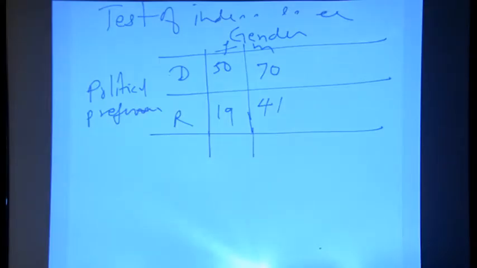So, how do you do the calculations? Here is the procedure. Now, this is shown in your lecture also, but let me just demonstrate it to you. You find the total, how much is the total frequency here? So, this is 69, okay, and how much is here? This is 111, and we will find the total this side also, 50 plus 70, 120, and 19 plus 41, that will be 60. So, this will be 180. This is our grand total.